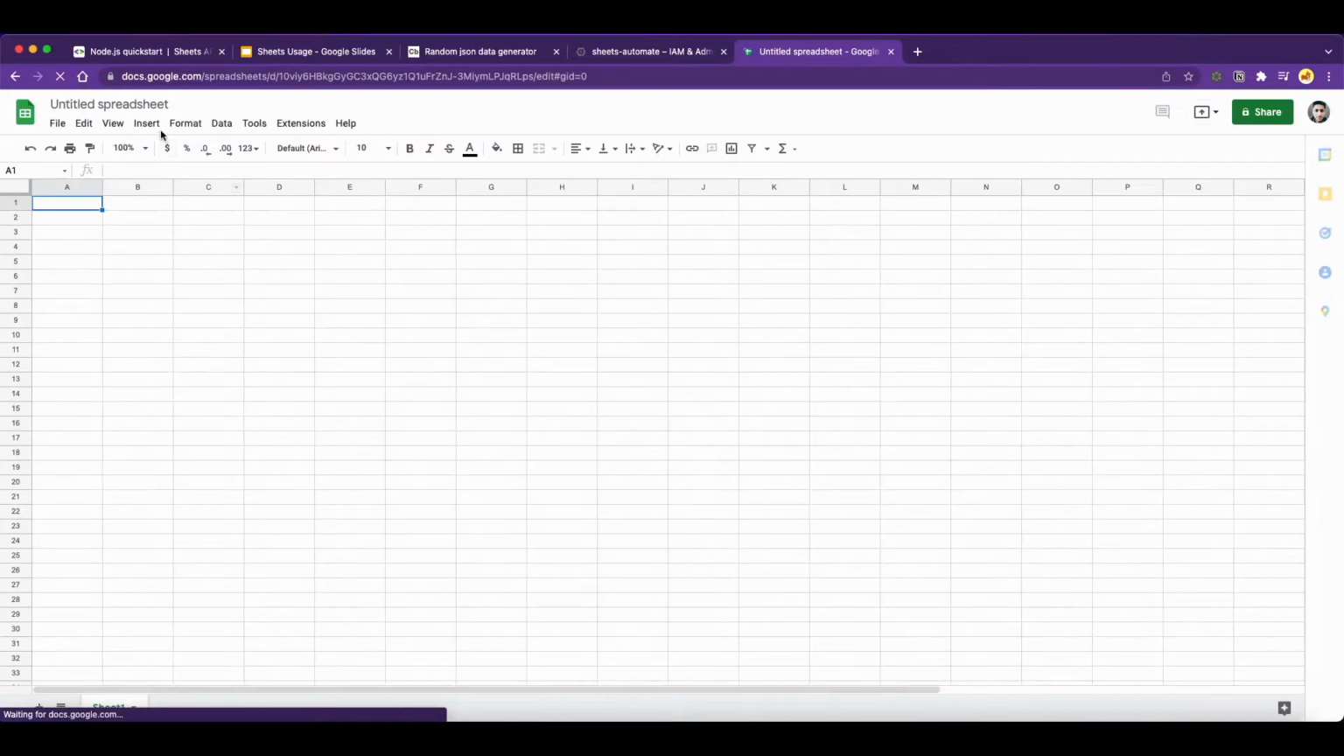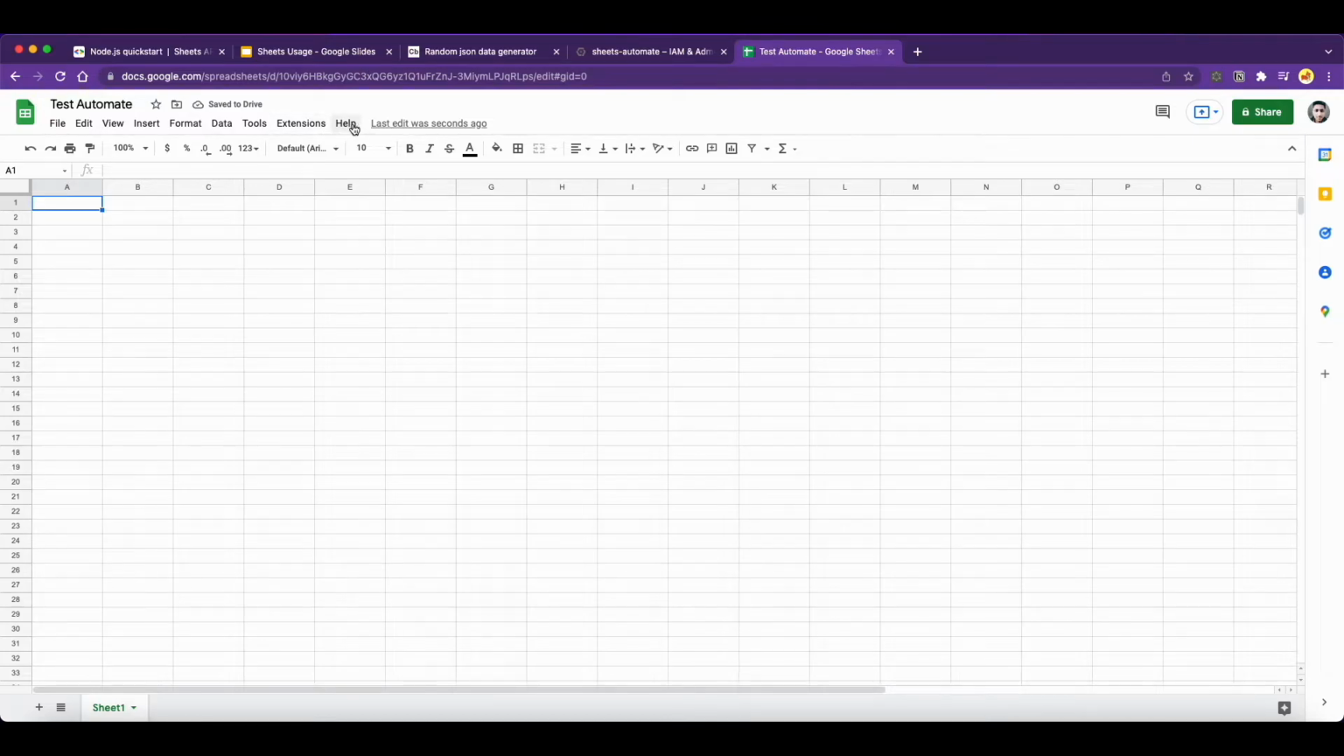Create a blank sheet and name it something like test automate. You can also choose to leave it unnamed, but no worries. Okay, now we have a sheet,